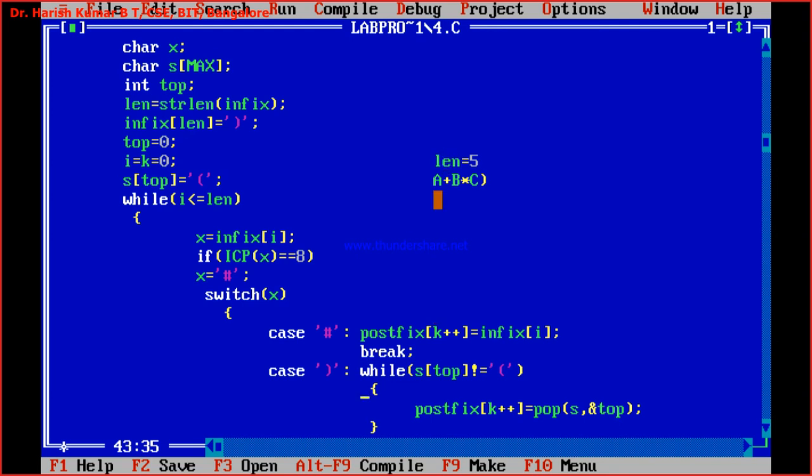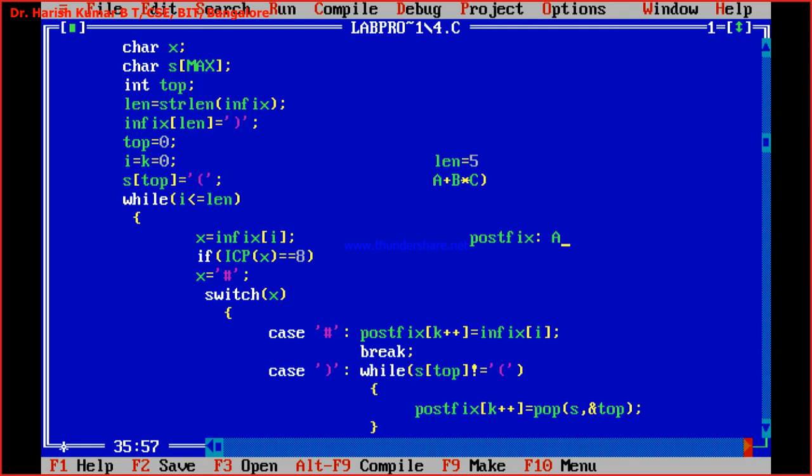Now here, A is alphanumeric, so I'll write postfix here. Postfix. So A is added. So A is taken from the infix expression. That is what? Postfix[k++] is equal to infix[i]. I value is 0. A is stored at k, whose value is initially initialized to 0. So postfix[0] has A stored, and k gets incremented and it is pointing to the next position, the position where the cursor is blinking. Okay. Next. So after this again we come back here.